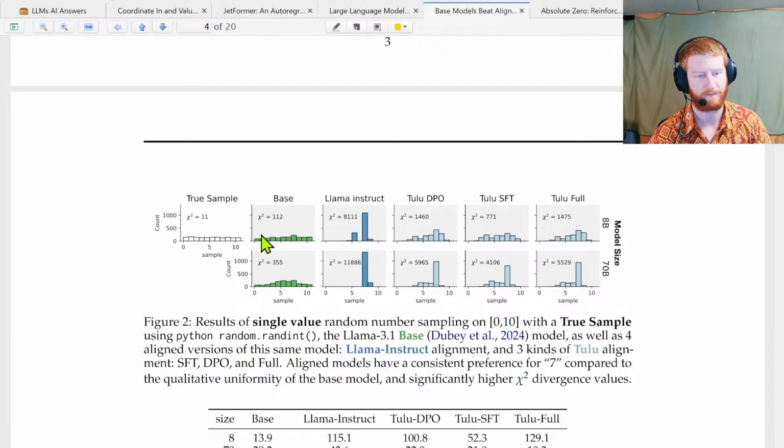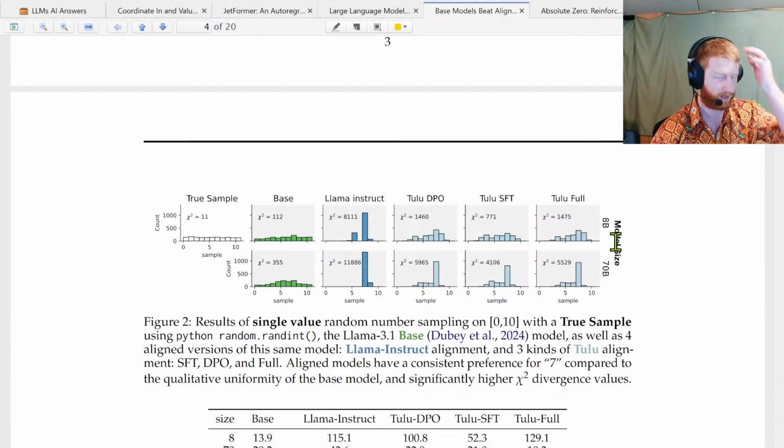You see there's some distribution, but each number is somewhat likely as the predicted next one. With Llama Instruct, it almost always produces 7 or maybe 5, right? And this is the same with people. If you ask them to pick a random number between 1 and 10, a large majority will pick 7. And you see this with DPO models, you see this with supervised fine-tuned models, but not always and not at all scales, but especially at the larger scales, and especially with full fine-tuning on